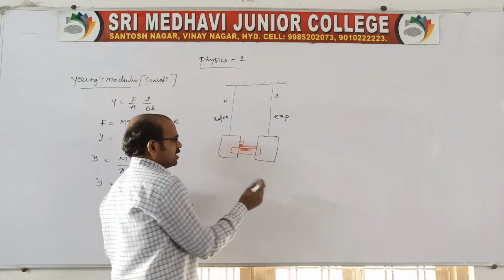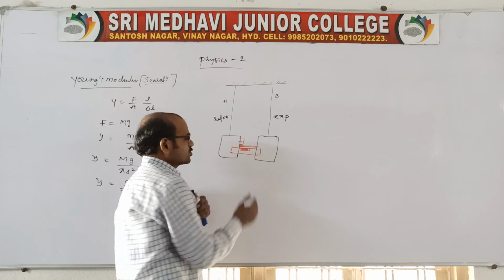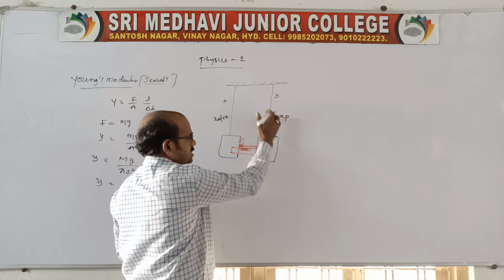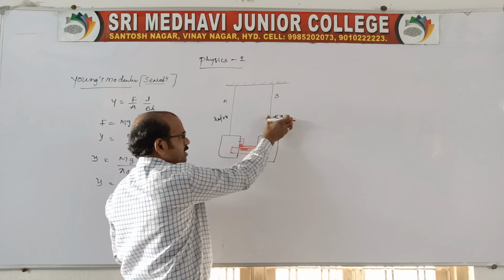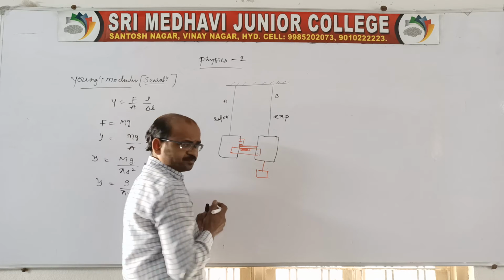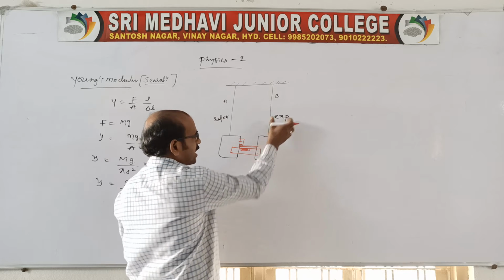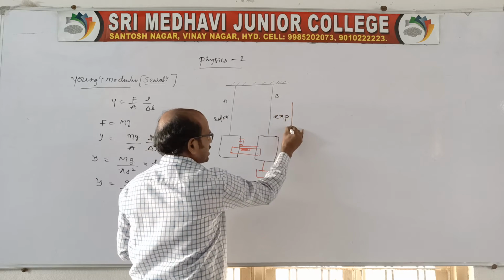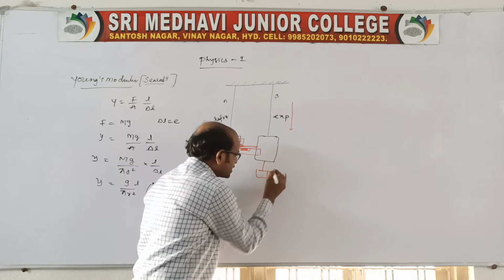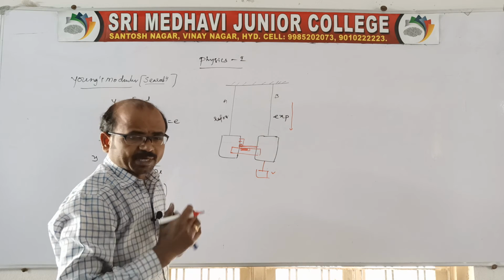Now both the ends are actually free ends, right? At this end, now they are in the horizontal position. We need to find the extension in the B wire, so the load is to be added. When a load is added, extension is produced in the experimental wire, and the load must be within the elastic limit. Try to understand, the load must be within the elastic limit.